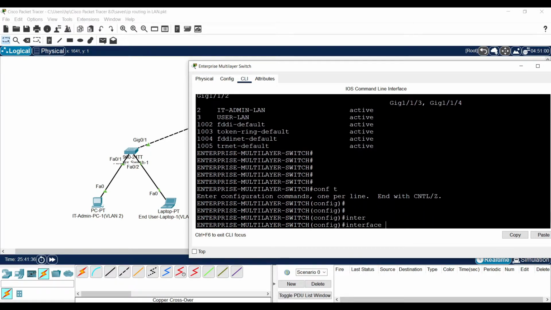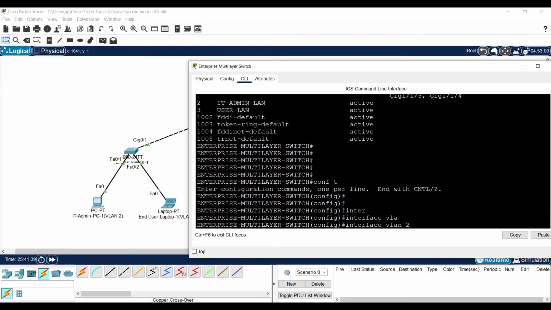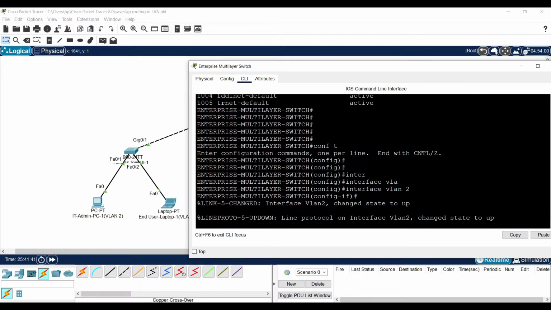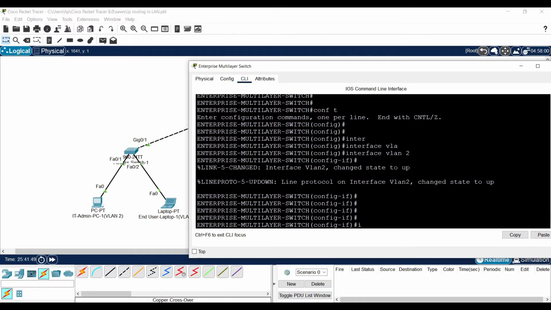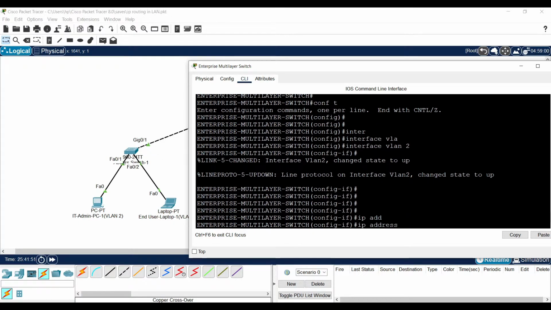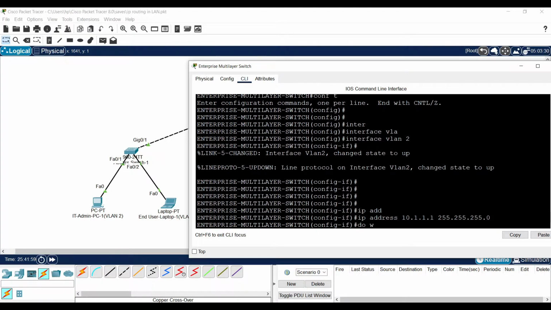Interface command. Here, instead of the interface name, give the VLAN name and VLAN number 2. Now you can see the interface VLAN 2 state changed to up. Here I can assign the IP address of my VLAN gateway. It is done.